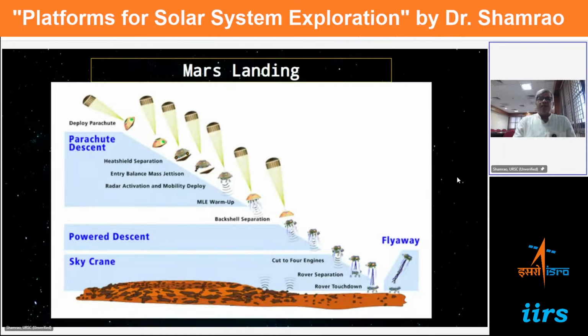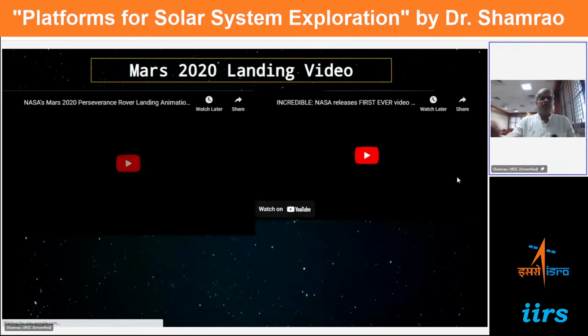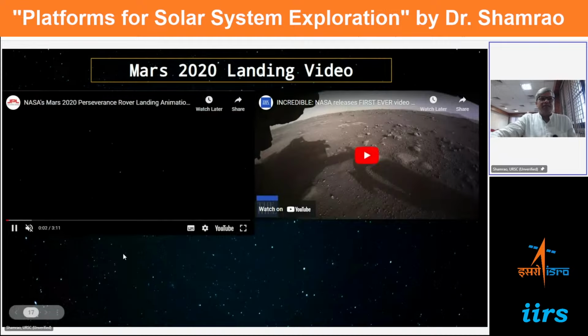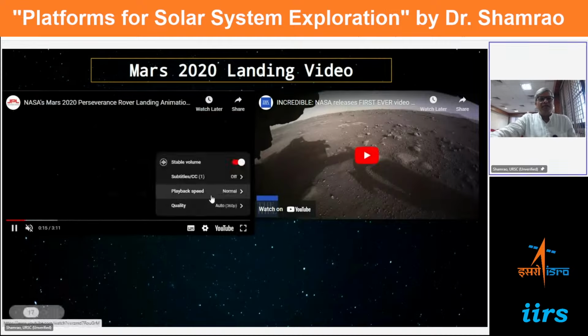The point I was trying to make here is that a technology change in one technology can affect or enable a very different scientific mission altogether. This was a game changer for NASA in terms of delivering their rover. So I have shown a picture here, and I request you to enjoy this particular video. As you can see here,